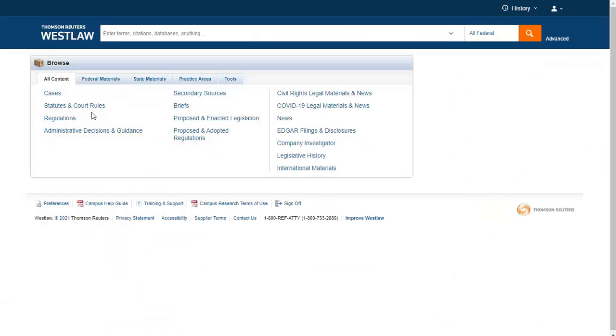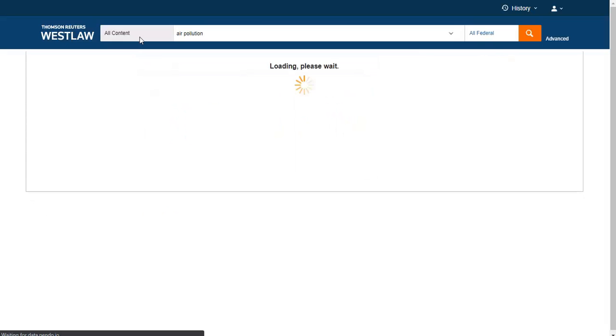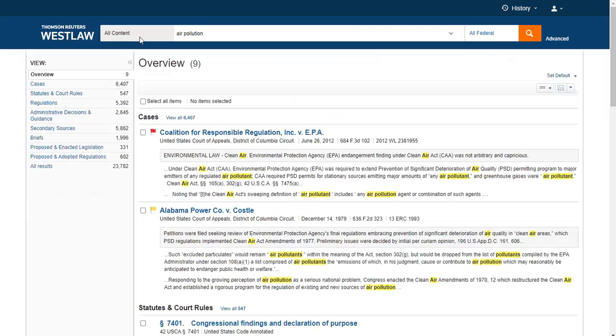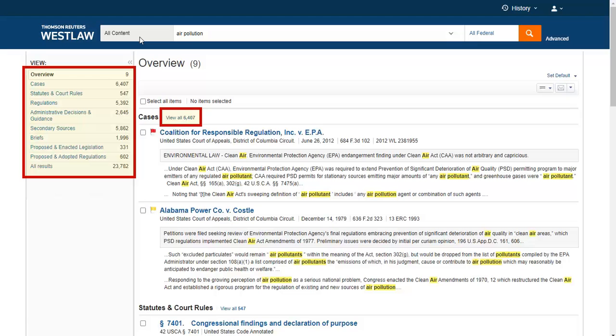The first thing you need to know about Westlaw is that it contains tons of material. It has court cases, legislation, news articles, and even business reports. All this means that if you go to this database with the intention of just browsing around, you'll probably soon become overwhelmed. For example, if I typed air pollution into the search box with the intention of finding a court case related to this topic that I'm interested in, you can see that it's really hard to find something in particular from looking at this results list.